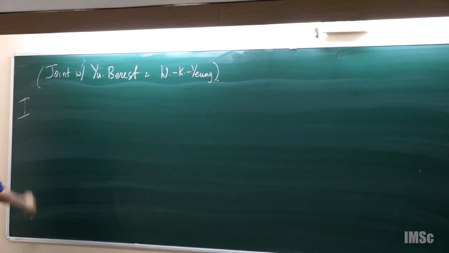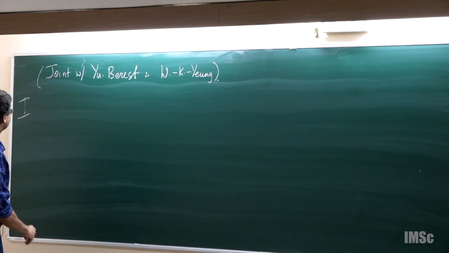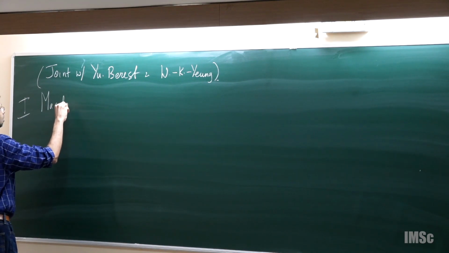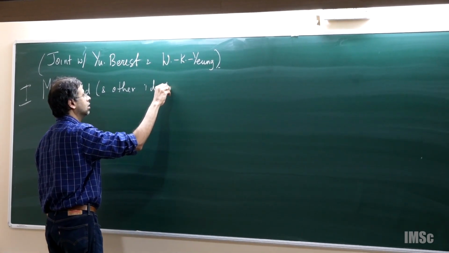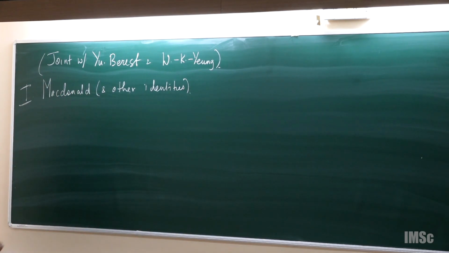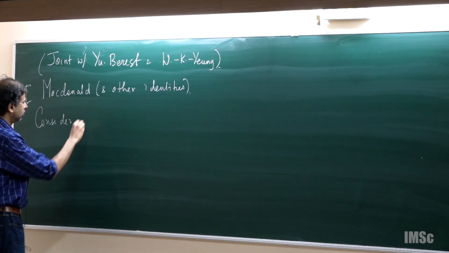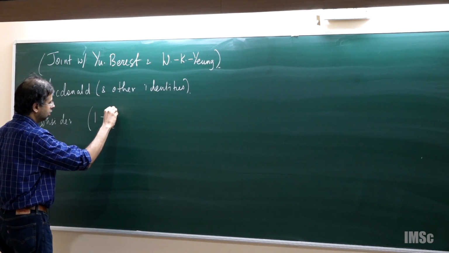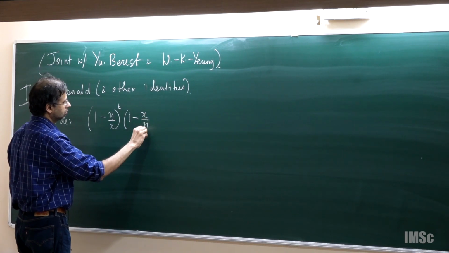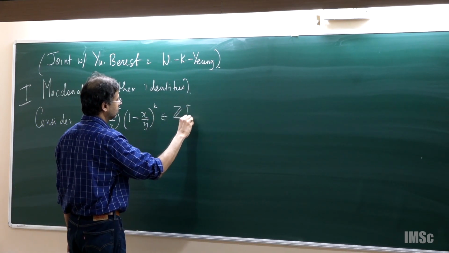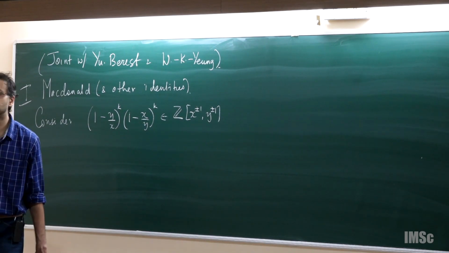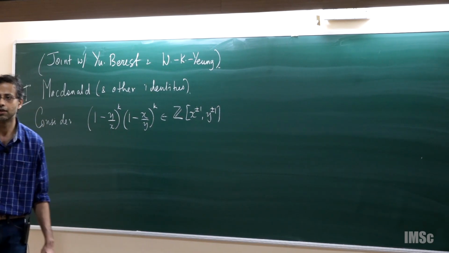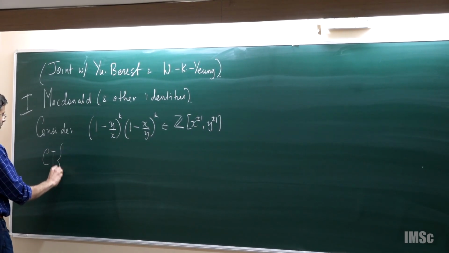Right. So in the first part of the talk, as a motivation, I'll talk about Macdonald and other identities, right? So let me begin with a very simple identity. So consider the following two-variable Laurent polynomial, k a positive integer, right. So one can ask what the constant term of this two-variable Laurent polynomial is, and that's a simple combinatorial exercise, right? So the constant term of this polynomial